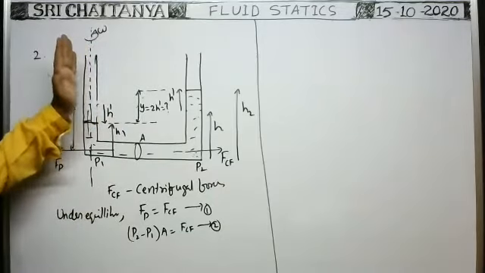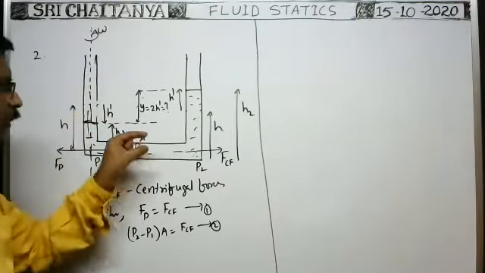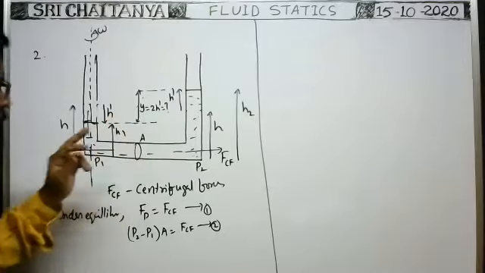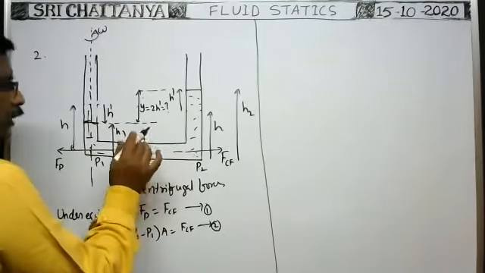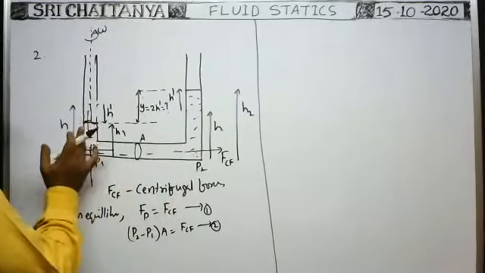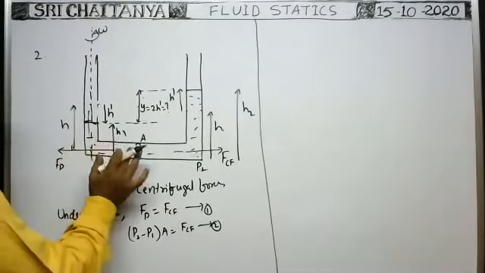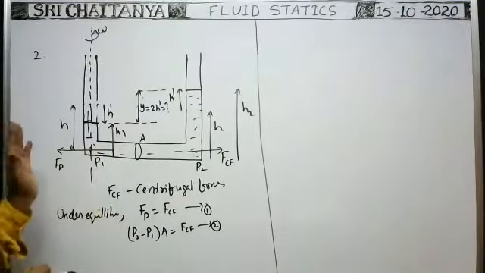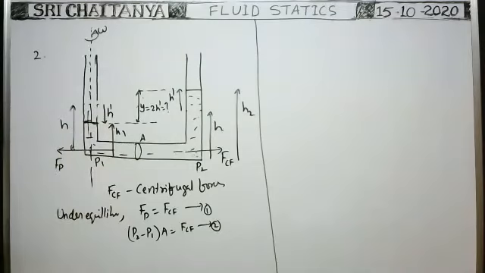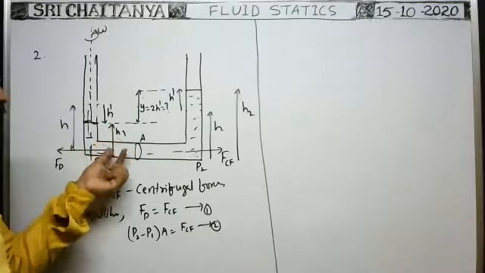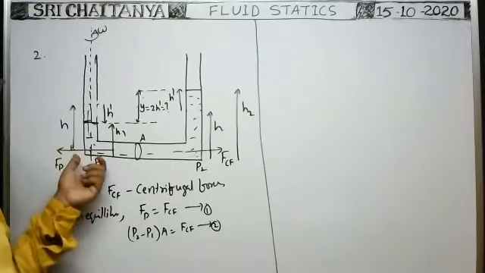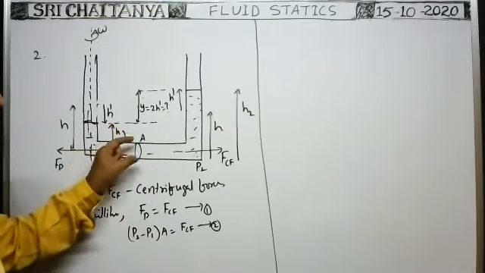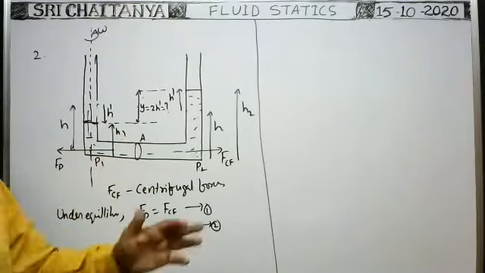As it is rotating with angular velocity omega about this axis, each and every element in the horizontal tube has the same angular velocity. But whenever it is under equilibrium, different elements in the liquid column in the horizontal tube are at different distances from the axis of rotation. That's why different elements travel along circular paths of different radii, and different centrifugal forces act on different elements of the liquid column in the horizontal tube. That's why first you find the centrifugal force acting on one of the elements here, then you do integration.